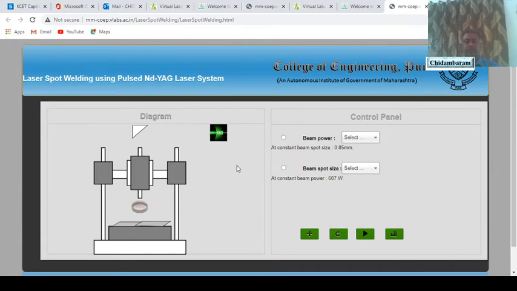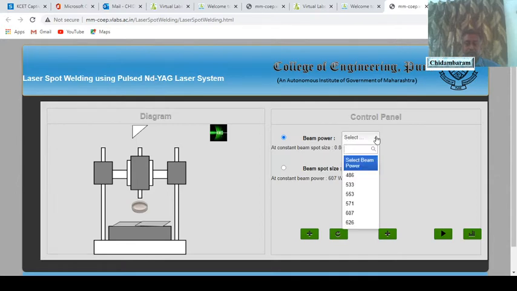To conduct the experiment we have two parameters. One is the beam power and another one is the beam spot size. You need to choose any one of these. I can choose either this or this, I cannot choose both. Say for example I have chosen beam power, meaning I am going to vary the beam power. So what beam power am I going to use? Go here, select.